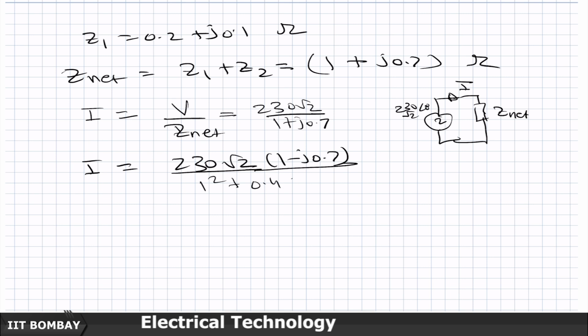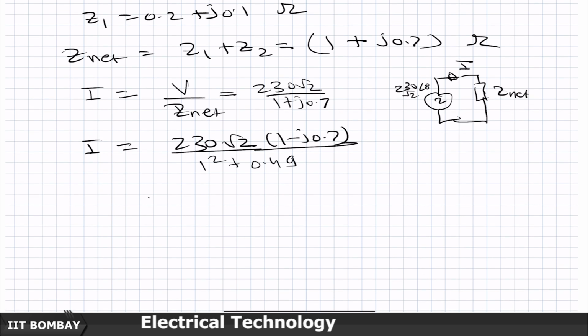This is 1 square plus 0.49, which is the same as 230 root 2 divided by 1.49 into 1 minus j 0.7